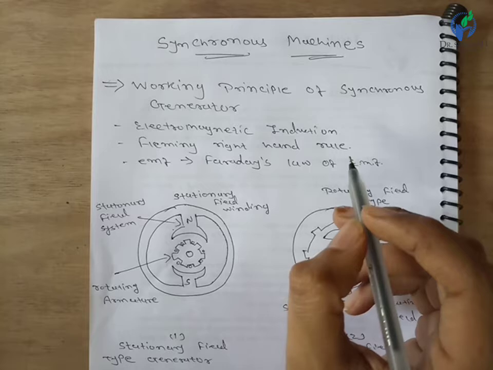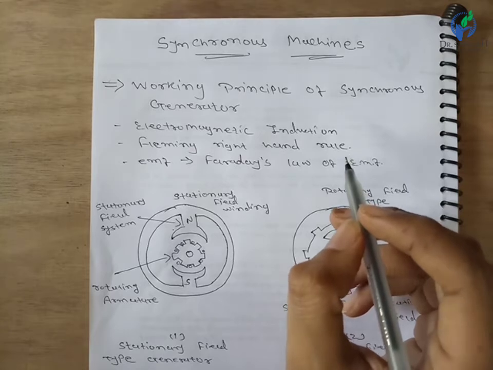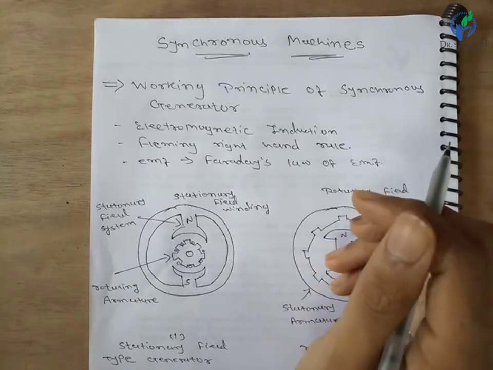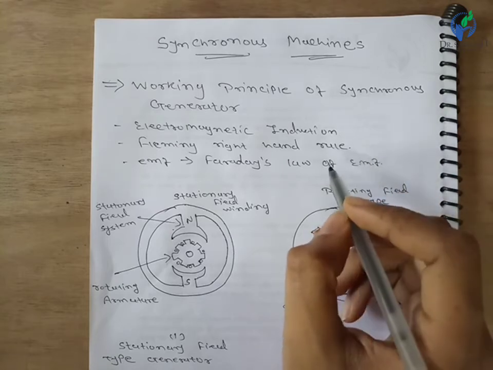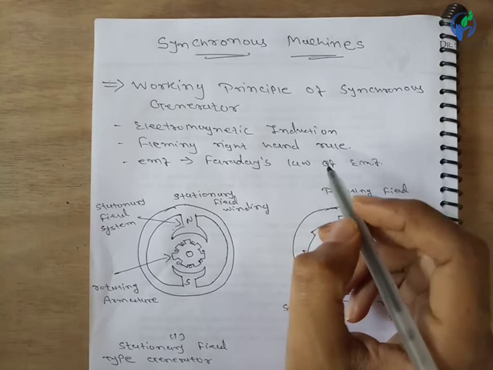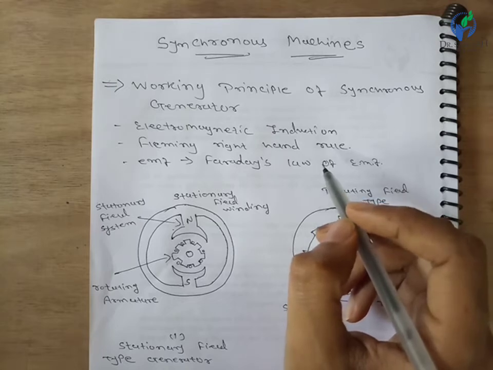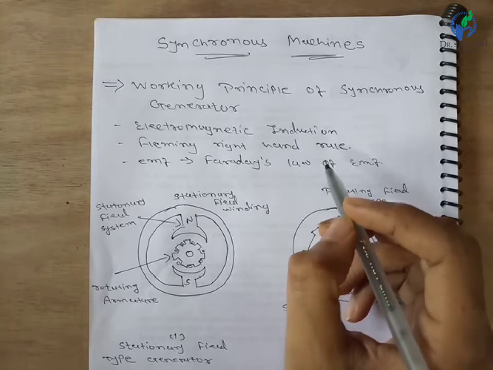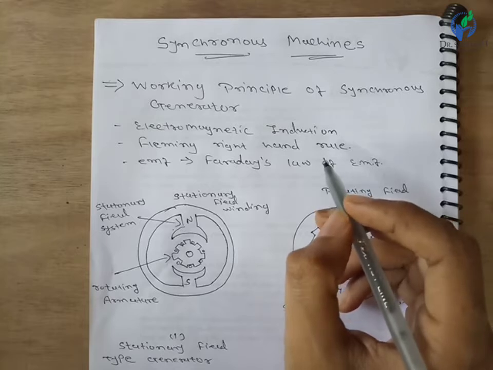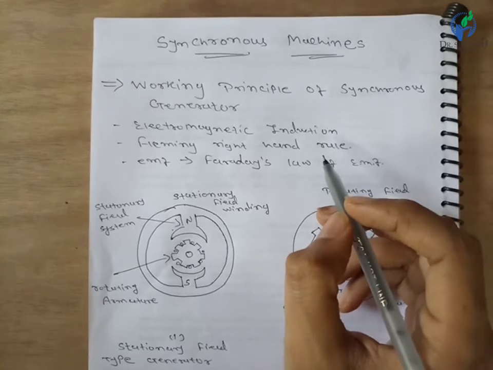In the DC generator, the magnetic field is produced by the field pole and the field is stationary, and the armature conductors are rotated mechanically. The EMF is induced in the armature conductor. It is collected by the commutator and brushes. The function of the commutator is to convert AC into DC in the external circuit.